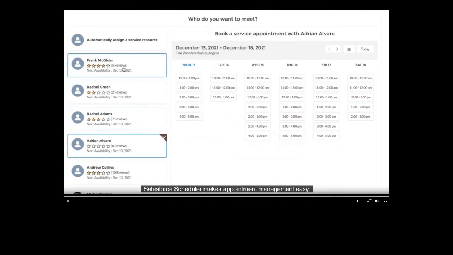Salesforce Scheduler makes appointment management easy. So did you guys see that? What happened here? So in this case, what happened was